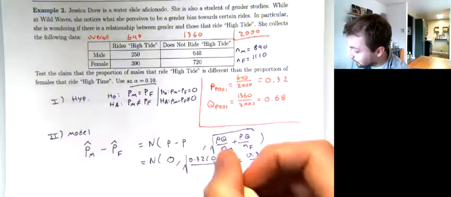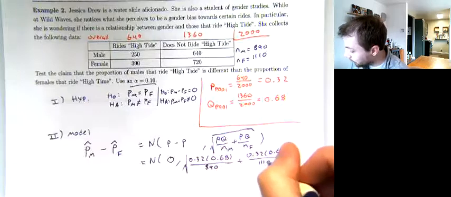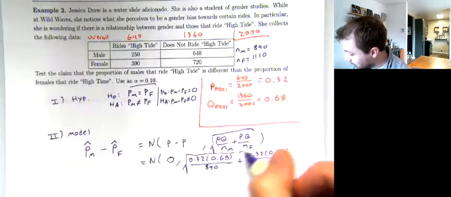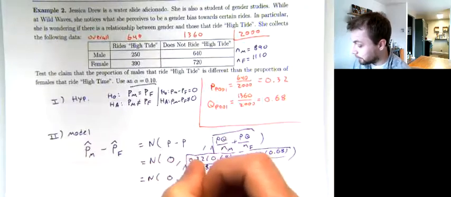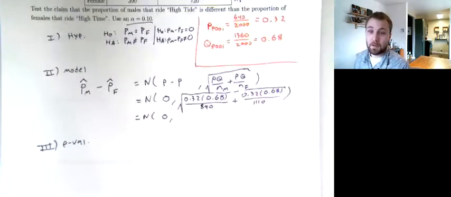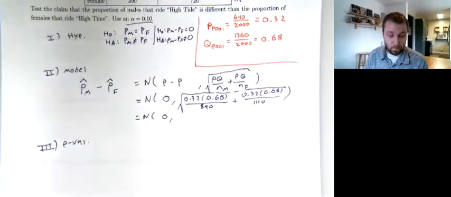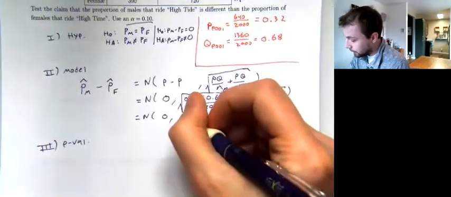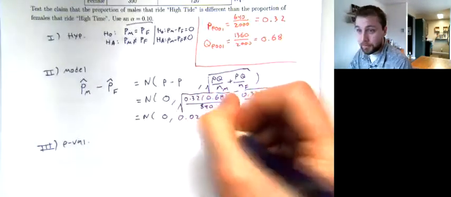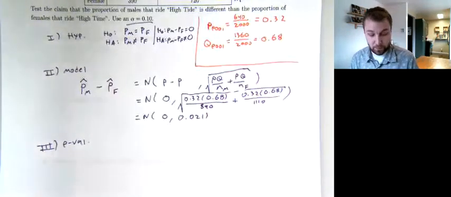The number of males, I'm wondering how groups of 890 and 1,110 vary, assuming that there's no true difference. I'm going to type this result into a calculator and I'll see what I get. I got a standard deviation of about 2.1% or so. So I'm going to move on to the next step,